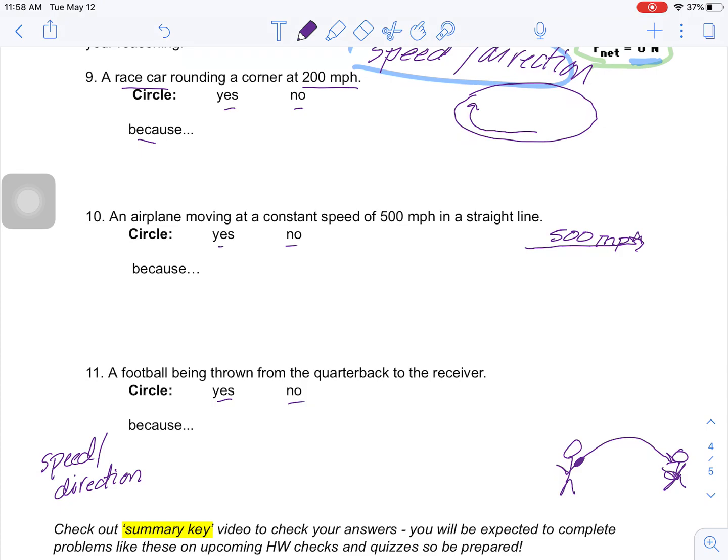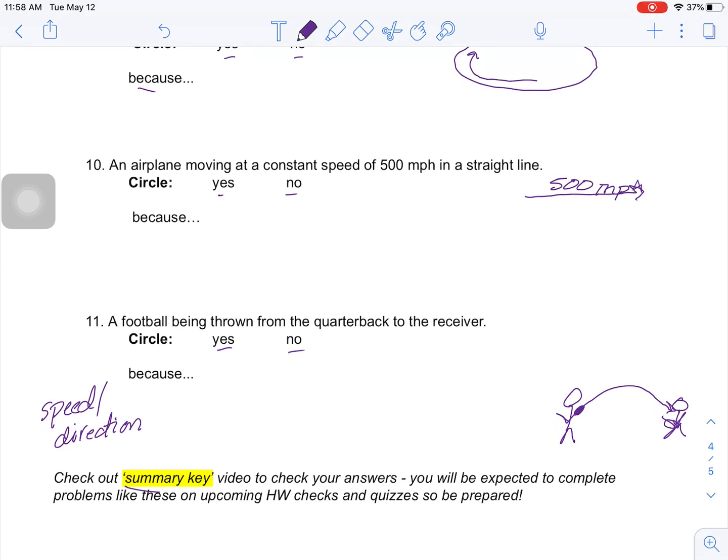Cool. Now that you've gone through and tackled these, your teacher is also going to give you access to a key. Okay, so you can go back, see the finishing of the problem, and make sure you've got all the information set to go. And again, as always, reach out to your teachers, take a screenshot of the one that you're thinking about, maybe even write a question on there and say, I'm stuck here. This is where I got to. I'm not sure what to do next, or how did I do? That's the best way to reach out at this time if these videos